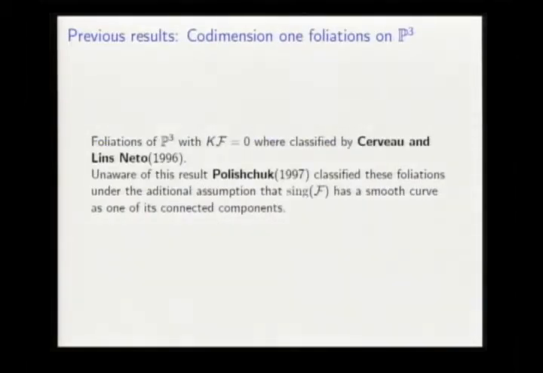There is also a work by Cerveau and Neto that I already mentioned, which does more than this, but in particular, they classify foliations on P3, now singular, with K_F equals 0. And unaware of this result by Cerveau and Neto, Polishuk, coming from a completely different direction, classified these foliations under the additional assumption that Sing F was particular. So he had a particular case of Cerveau-Lins Neto's theorem published 1 year